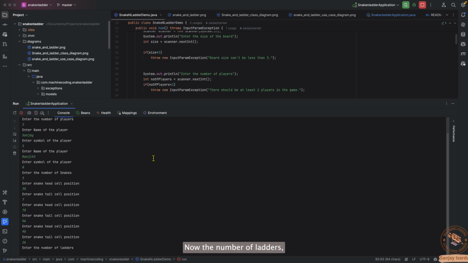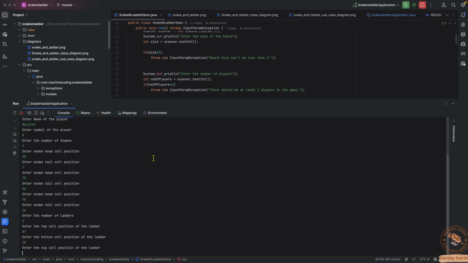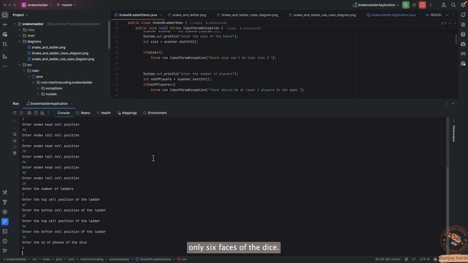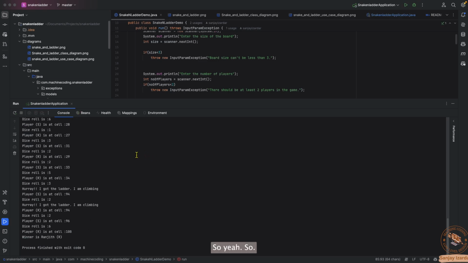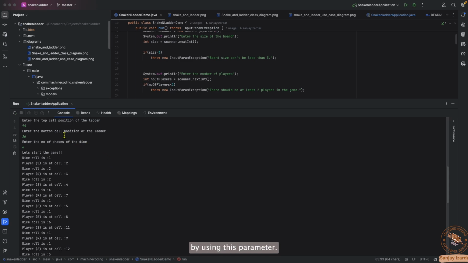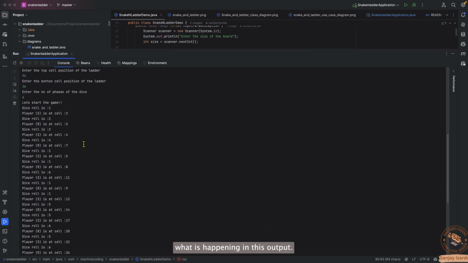Now the number of ladders. Let's say there are only 2 ladders. Okay. So the ladder top position is 87 and ladder bottom position is at 25. The second ladder top position is 94 and the second ladder bottom position is 36. Now the number of faces of the dice. Let's say there are only 6 faces of the dice. So yeah, the game is played by using these parameters, and now let's see what is happening in this